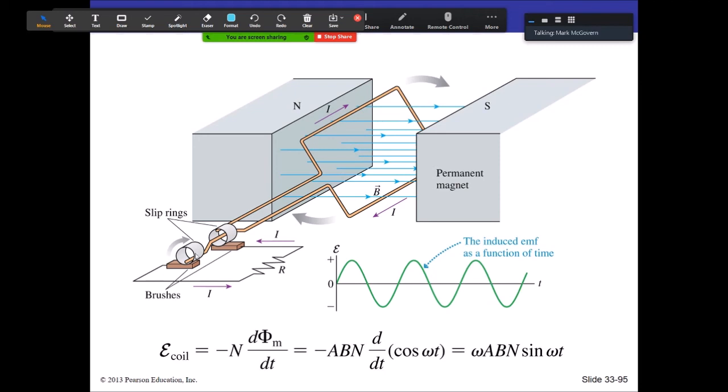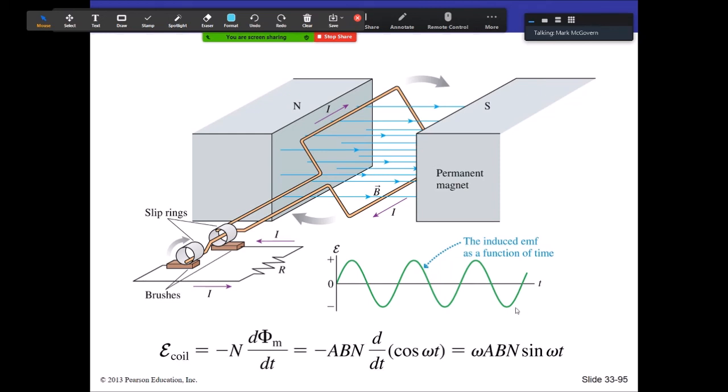And so you can see the way this is conducted down here. You have these rings that allow the rotation to occur, but you still keep in contact with a circuit, and a current gets generated here as a result of the current being generated up here, right? The current just follows its way through, and then it can be put into some kind of electrical energy. The way that we specify that, though, is the d flux dt. The A and the B are constant, but it's the cosine that's changing, right? So the cosine can be specified with an angular frequency, so cosine omega t. Take the derivative of that, and we get a sine function. So this represents what our EMF is, which is the basis for